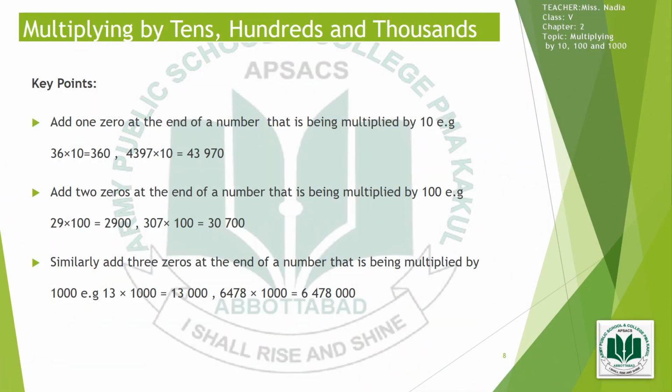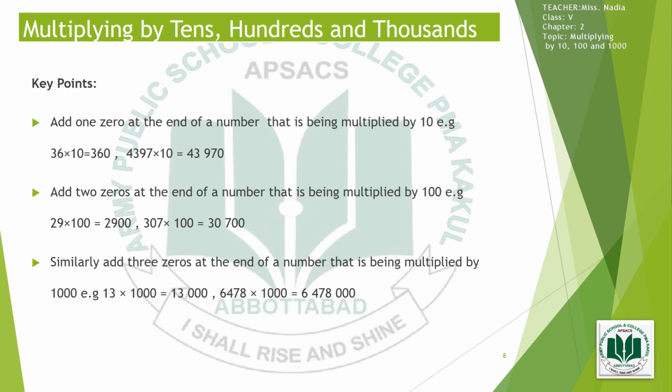Dear students, from these examples we have learned that when a whole number is multiplied by 10, we add 1 zero at the end of the number. For example, 36 multiplied by 10 is equal to 360. Add 1 zero at the end of the number. In another example, 4397 multiplied by 10, when we add 1 zero at the end of the number, now the number will be